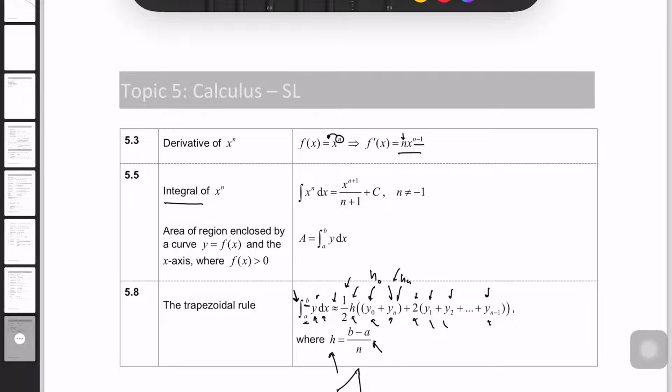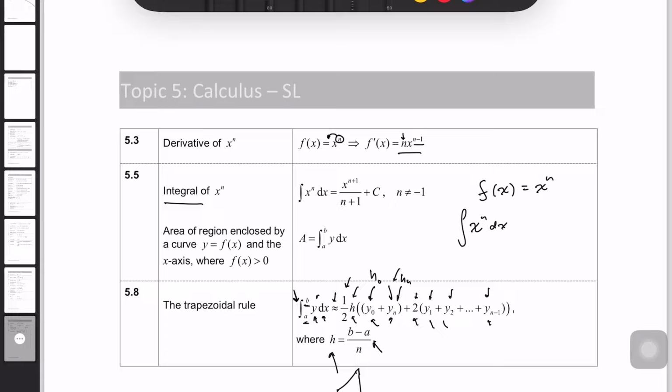What an integral is, or to take the antiderivative, is we take some function. If we have f of x is equal to x to the power of n, and we want to take the integral of this function,